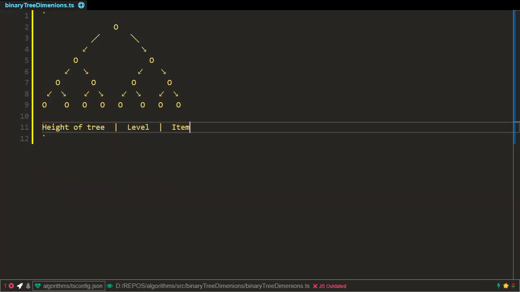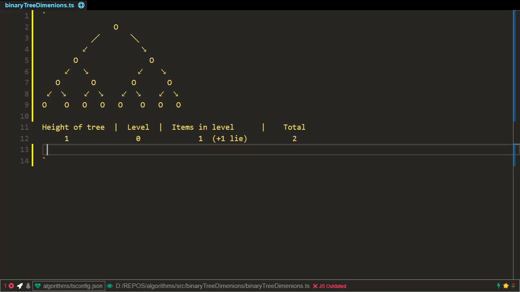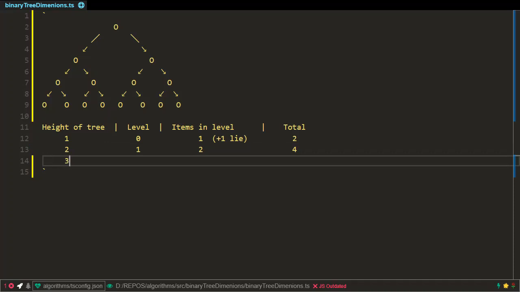Let's make a simple table to keep track of the total number of items up to a given level. The 0th level alone has just one node. As a thought experiment, imagine it has 2 items. The first level has 2 items of its own combined with 2 items of a previous level, leading to a total of 4 items. The second level would have twice the items in the previous level, so we would have